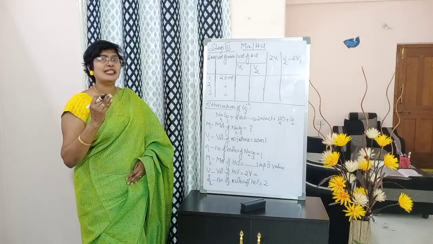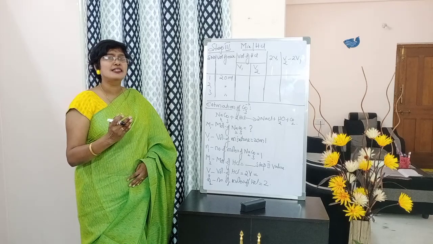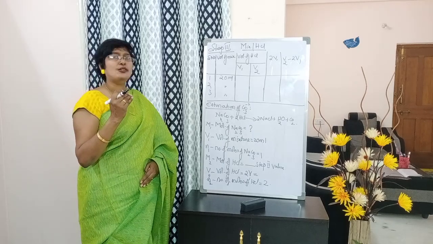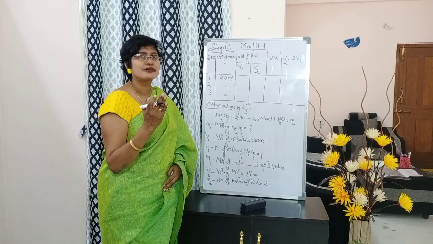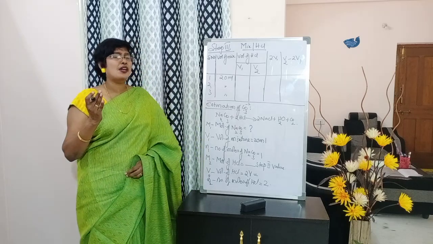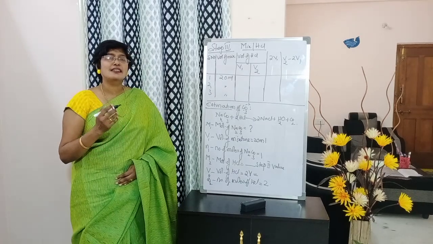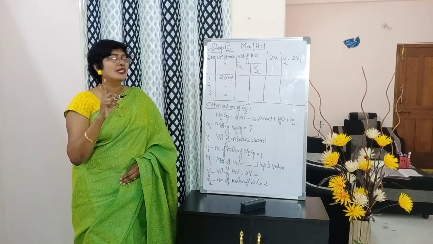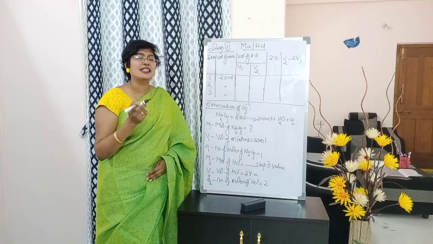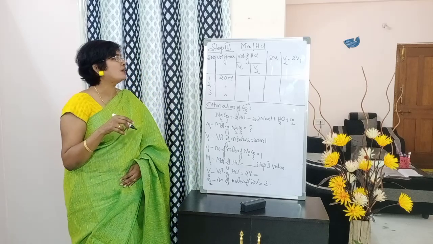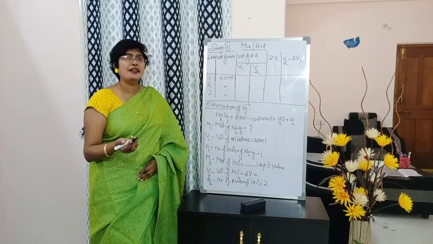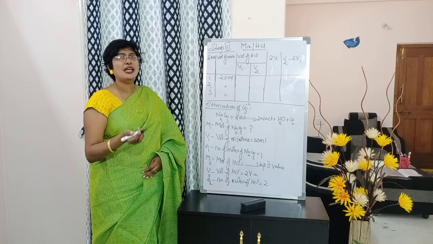We have two titer values, right? One is V1, that is pink to colorless. V2 is yellow to pink, students. Okay? So, if you want, you can mention here V1 pink to colorless, titer value number 1. V2 yellow to pink, titer value 2. Okay? Next is 2V1. Next is V2 minus 2V1.